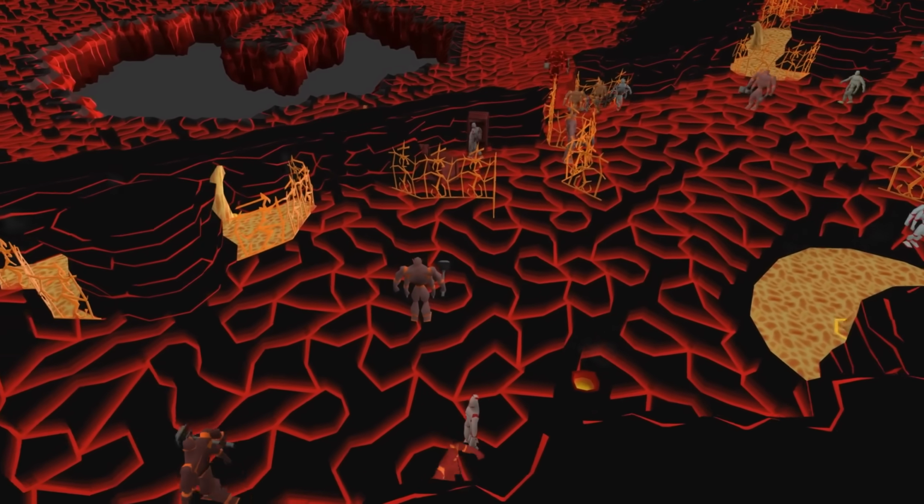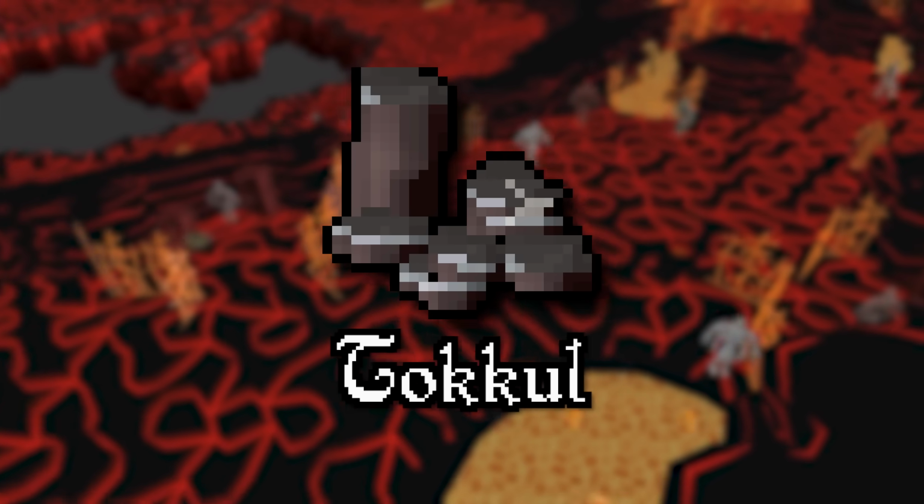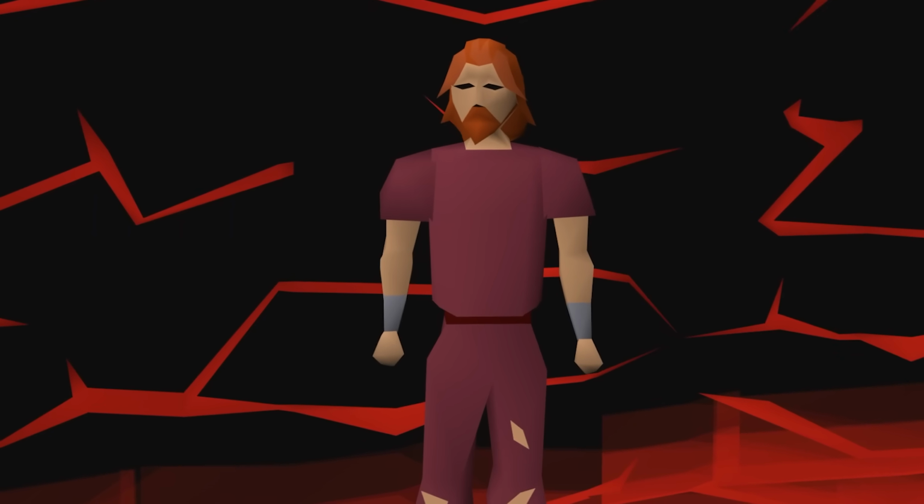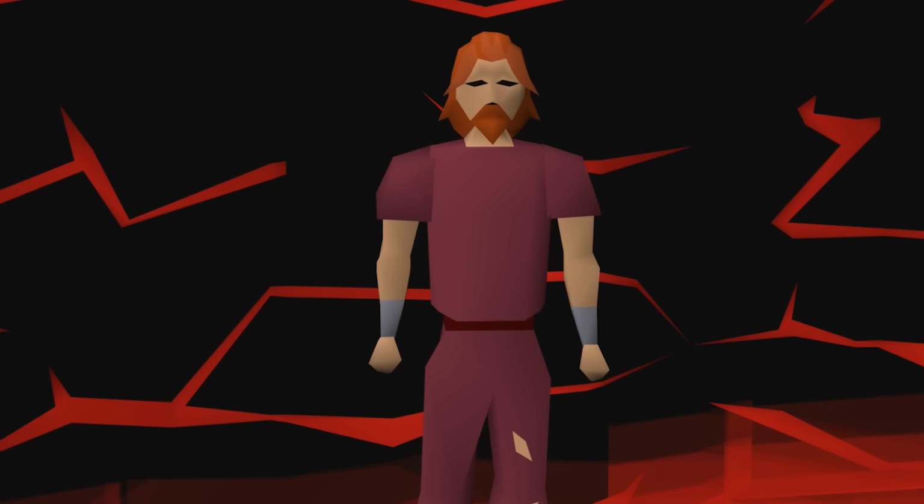Every shop here uses a currency called Tokkul, which is only found in the Tzhaar area. There are various ways to obtain this, but we'll go over them in the future, because for now, I can't obtain any of it. I will need a lot of help collecting it though,